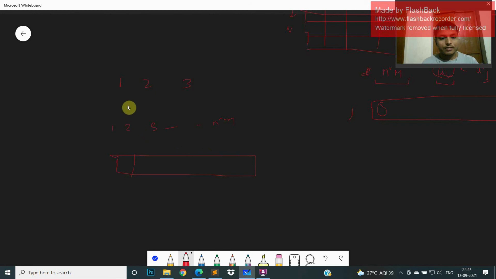I will take a test case where the eyesight of three people is 2, 1, and 3. I have 3 seats, I will just take 3 seats only. So the first will sit in the second place, then this will sit at first place, and this will sit at third place. So how do they sit? If a person comes to this row and moves forward, if all seats are empty, then they will sit.